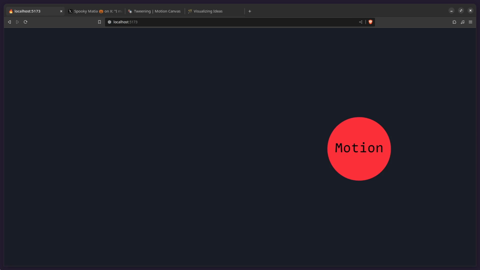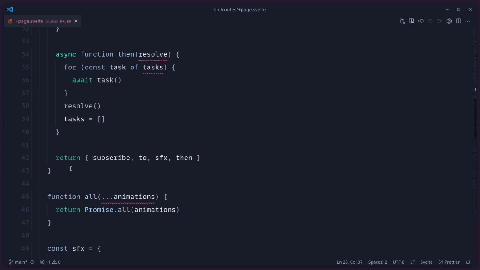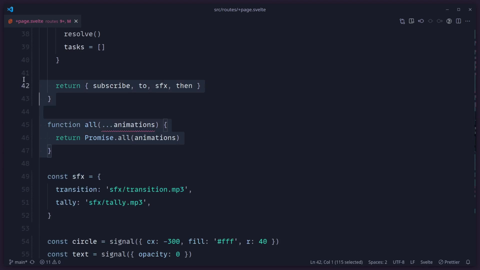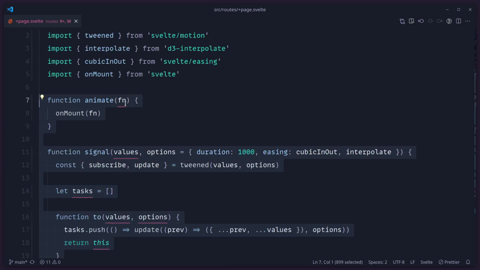So let's tidy things up before we create the last example. So we're just going to move this into a separate file. You can name this whatever you want. Let me just cut everything. So let's see, what do I have here? Yeah, we can just go from here. You can just go to the top. You want signal, animate. Let's just cut this.